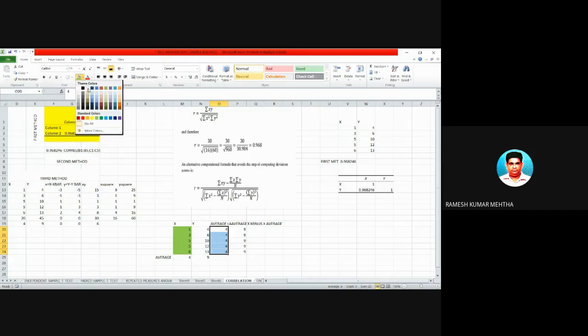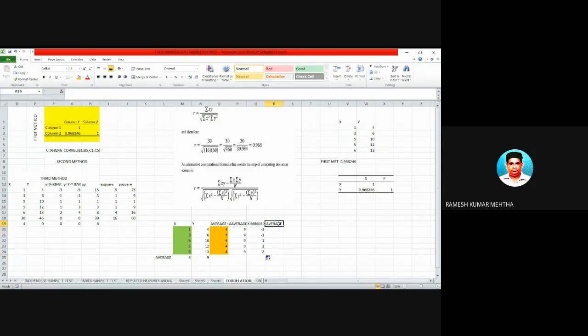In this particular column, we are finding out x minus x average. That is nothing but 1 minus 4. You will get minus 3. And you can drag it for the other items also. Okay, you have dragged it.